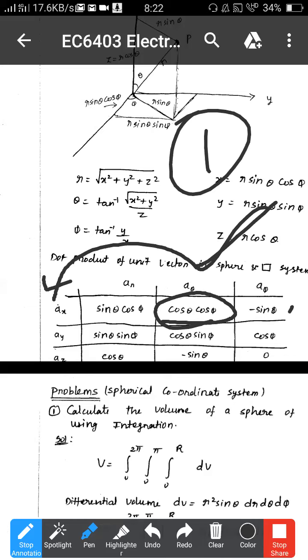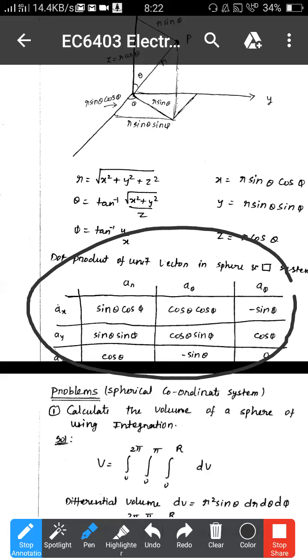Like this, you choose a phi. You choose a phi in such a way that ax and a phi are in opposite directions, because it is giving you -1. It's exactly in the opposite direction. Please, somebody, try to do it as an assignment. You choose a point on the surface in such a way that you get some kind of visualization. Okay sir, you have to practice this.